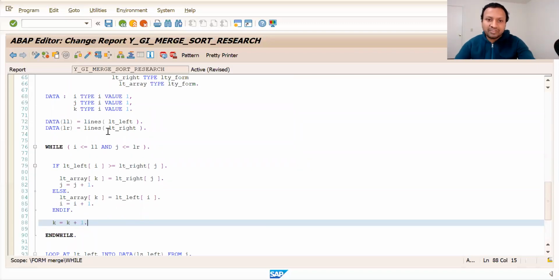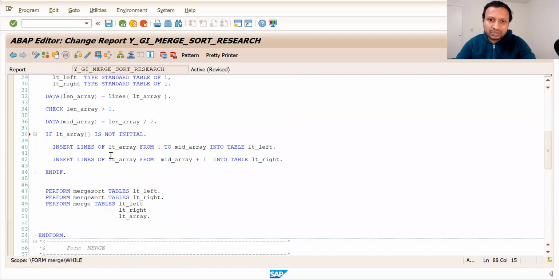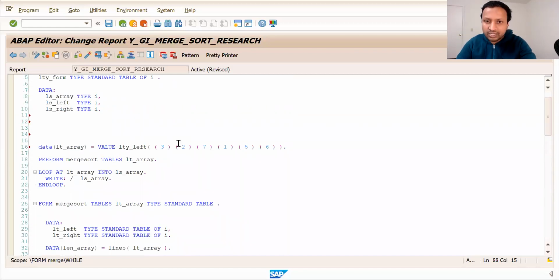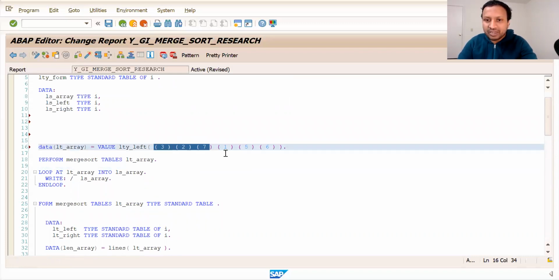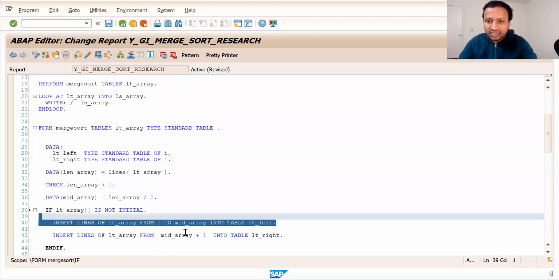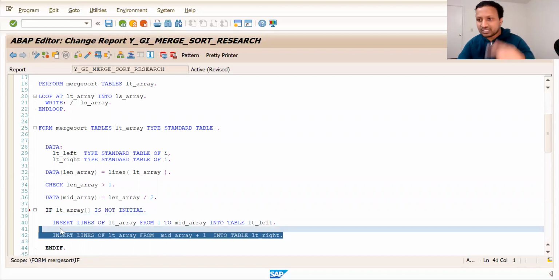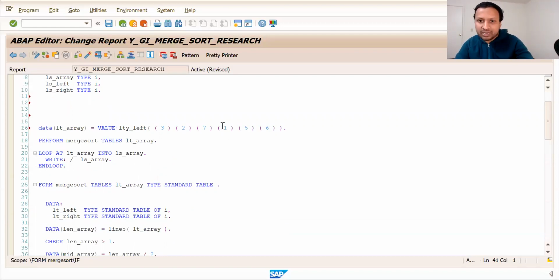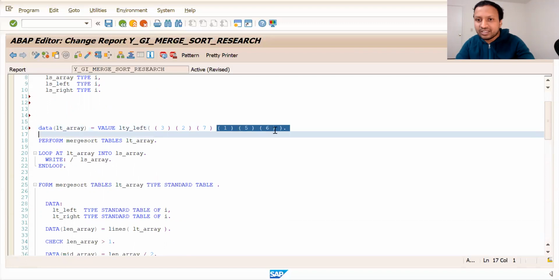Finally, after 3 and 2 are compared, we would check 3 to 7. As it is called recursively, the right part of our array is also getting sorted in the same way.